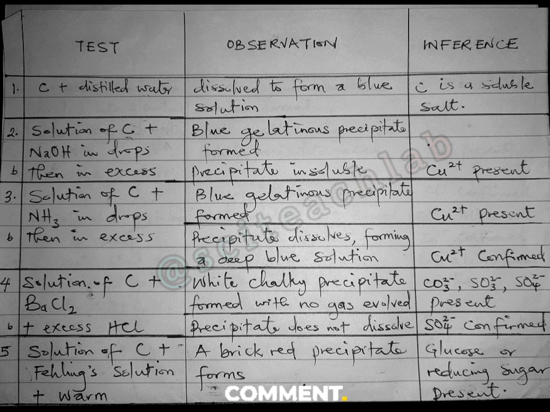So what I'm saying is, take notes of the steps and observations you should report if you are to find copper ions, what test and observation you are to report if you are to find sulfate ions, and what test and observation you are to report if you are to test for